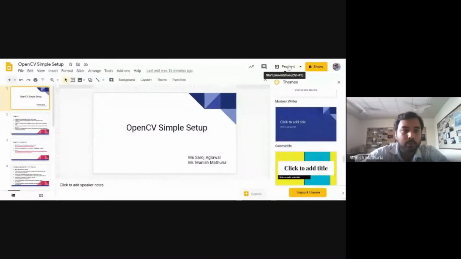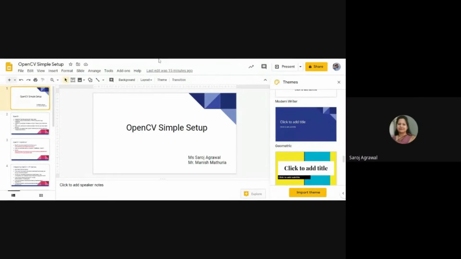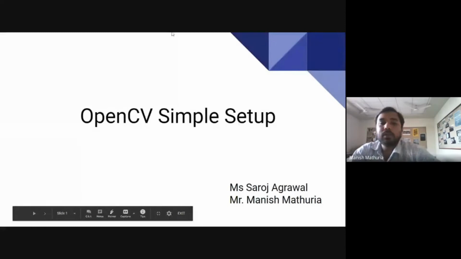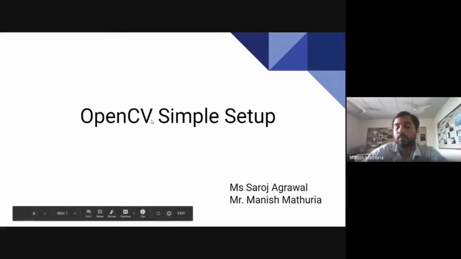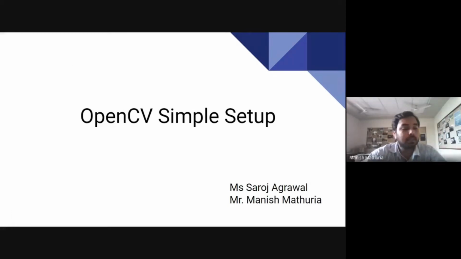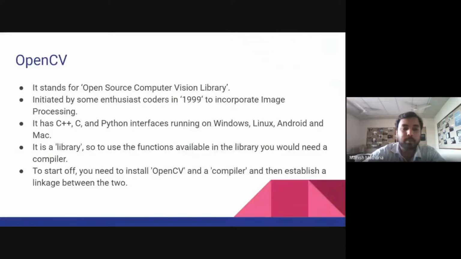So now I'm sharing my screen. Okay, I'm presenting. Is my presentation visible? Yes, yes, sir. Okay, fine. So this is basically the OpenCV simple setup, and I've prepared this PPT for explaining the